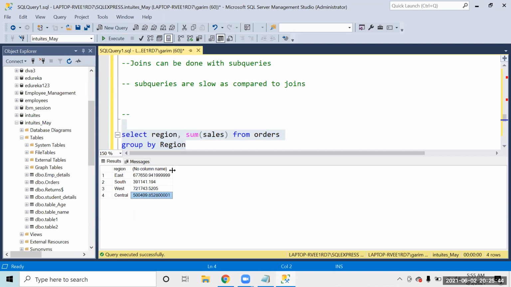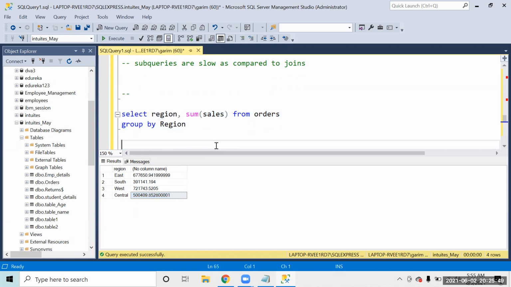Now, what I want to achieve is to find the output in percentage. Basically, out of the total sales, 30% sales happened over here, 20% over here, 40% over here, and 10% over here, as a total of 100%.